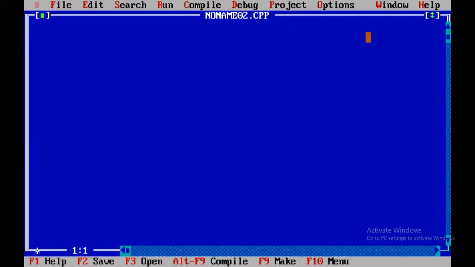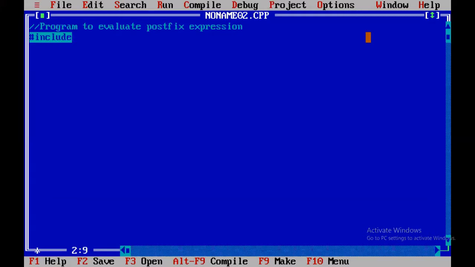In this session, we are going to implement the next lab cycle program, that is a program to evaluate a postfix expression. In our theoretical session, we have discussed how to evaluate the postfix expression using stack data structure. Now we are implementing the same thing in C language. So we will begin with